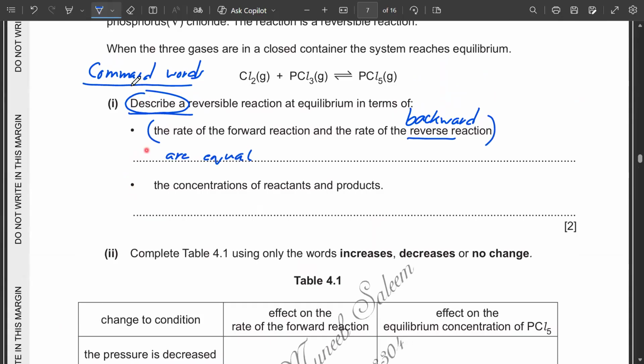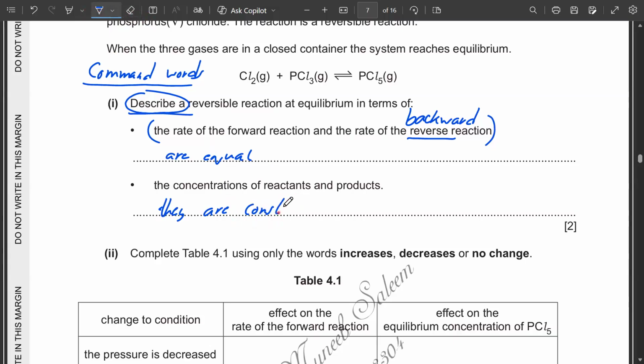The next point is: describe a reversible reaction at equilibrium in terms of the concentration of reactants and products. You have to answer in a single prose sentence. The concentration of reactants and products in an equilibrium reaction are similar, or you can say they are same. Sorry, not same. They are constant,